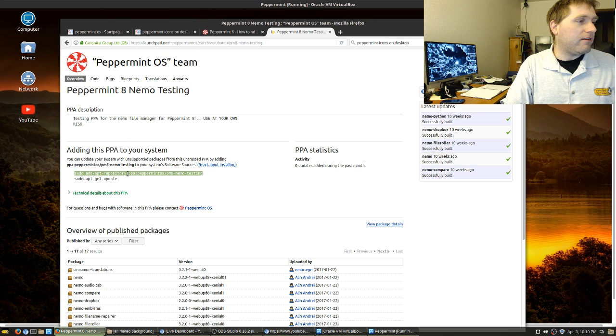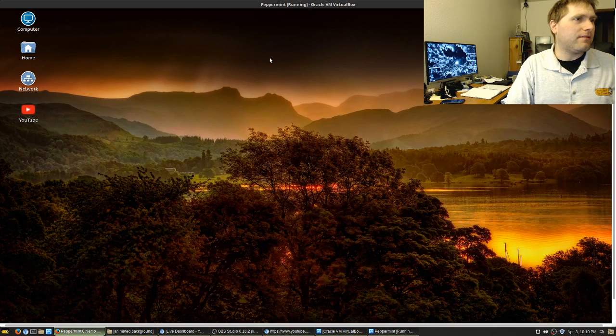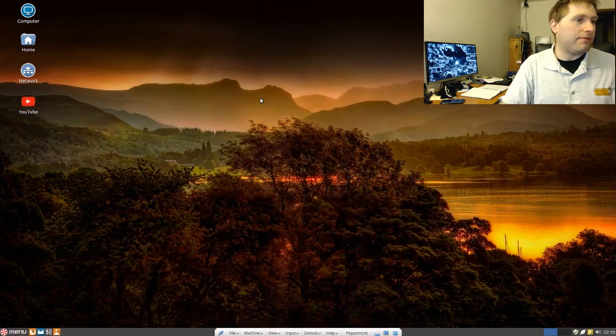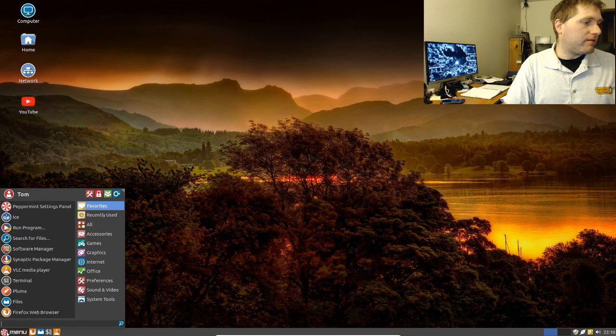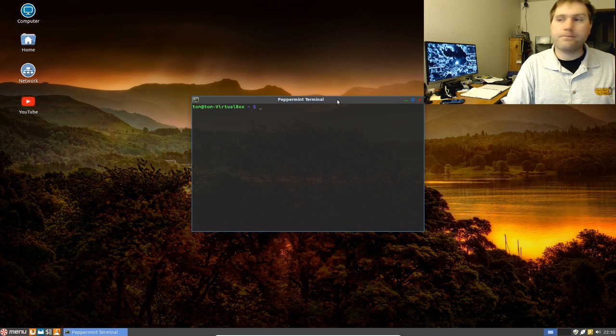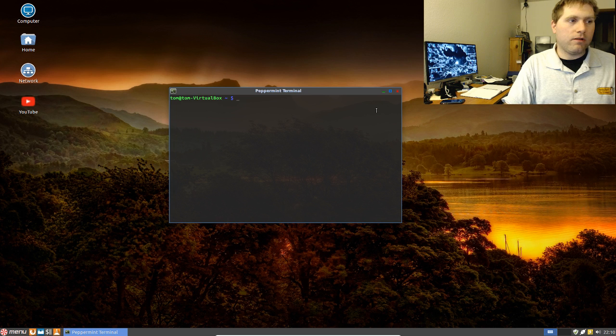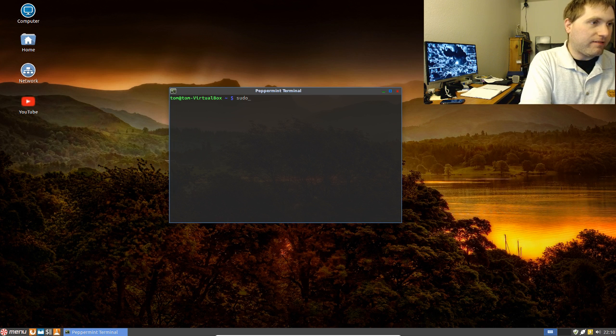So what I'm going to do here is I'm going to copy that. And I'm not sure I can actually copy that into the virtual machine. I might not be able to. But let's go ahead and open up a terminal. I think this is a terminal here. There we are. Nope, looks like I cannot copy from outside the VirtualBox and paste it in. So we're going to do